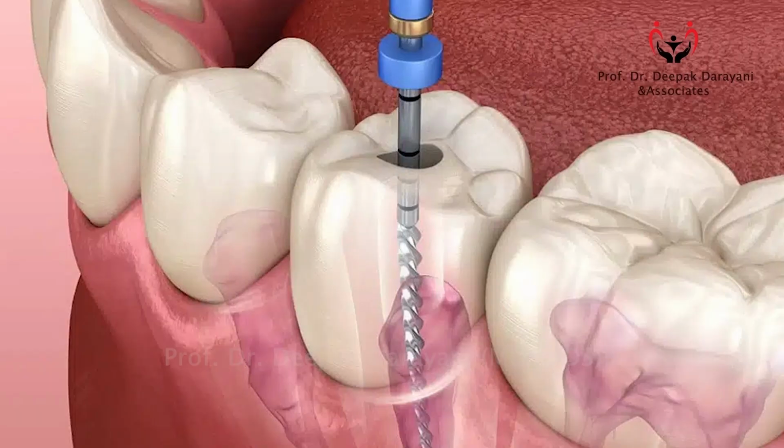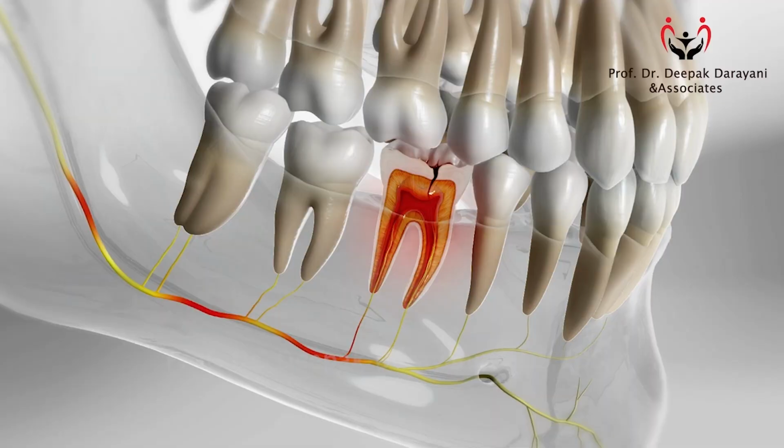So there are a few distinguishing features between a dental cavity and a root canal treatment. So let's talk about dental caries. In dental caries, you may or may not have pain. You just see a discoloration. You may have just sensitivity to cold and sweet. But all these symptoms are reversible. That is, you may not need a painkiller. Your pain will not linger on for a longer period of time, and it is still manageable.